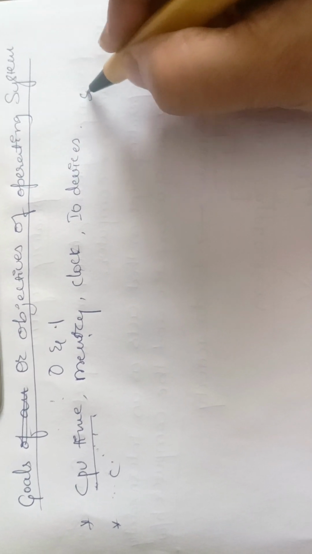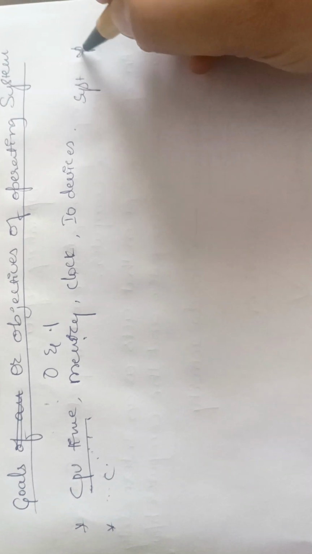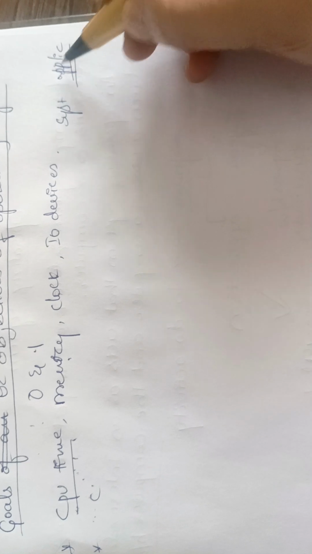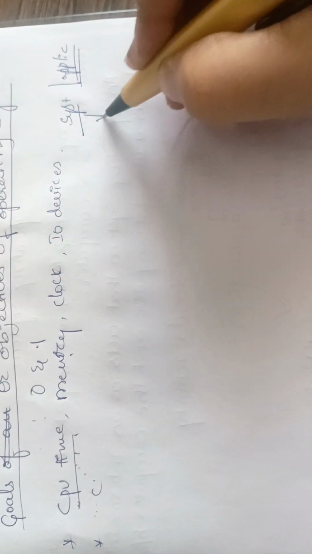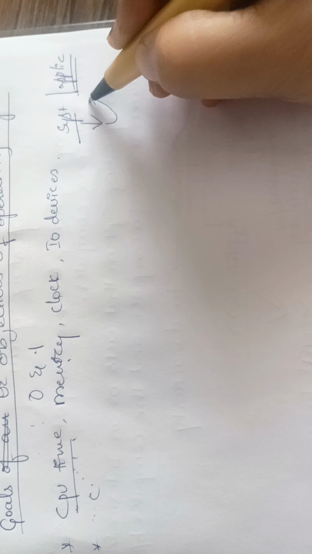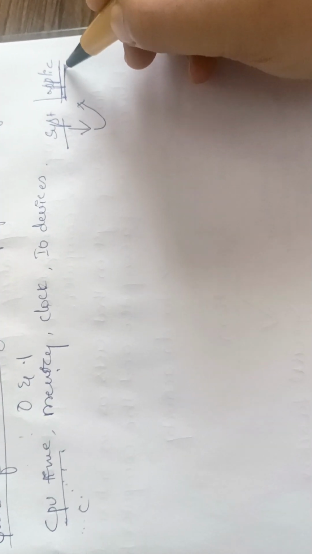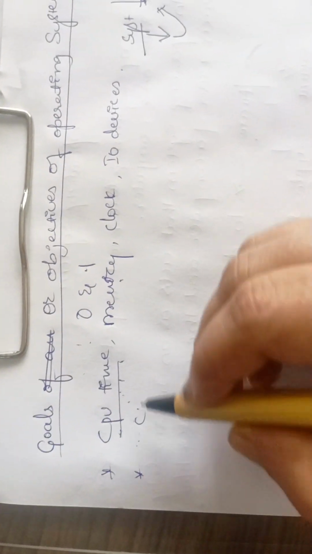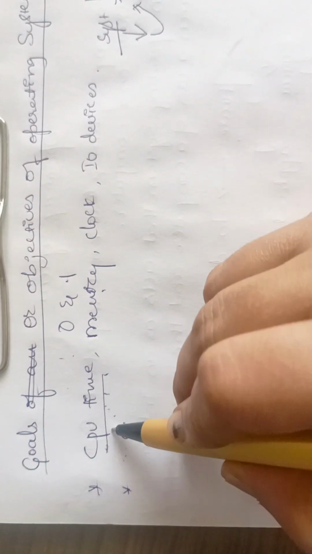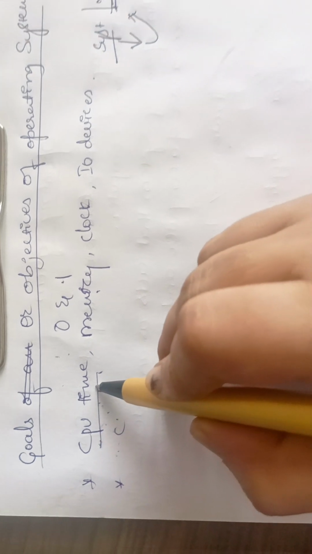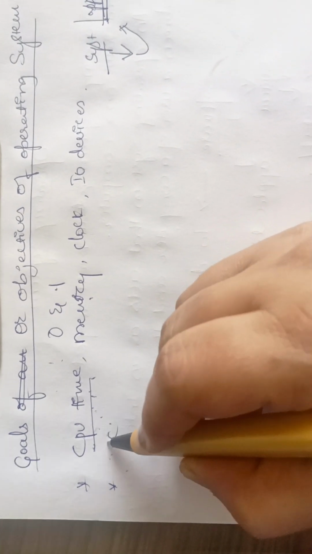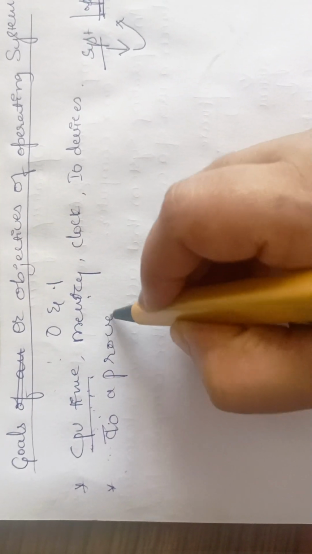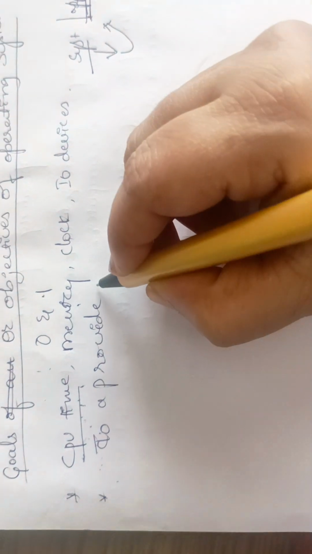One is system software and another one is application software, right? To run the application software, the system software should provide an environment for these application softwares. So here the first objective is to control and coordinate the resources, and the second one is to provide an environment